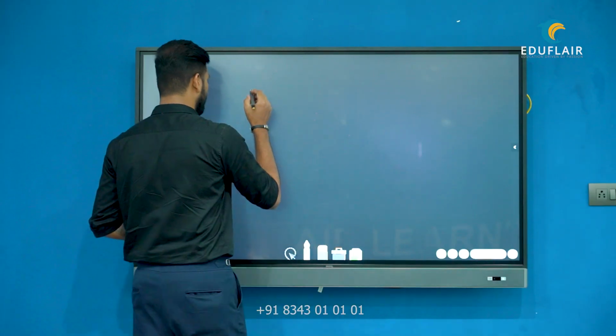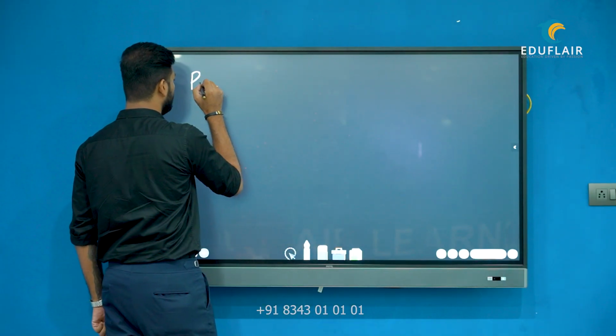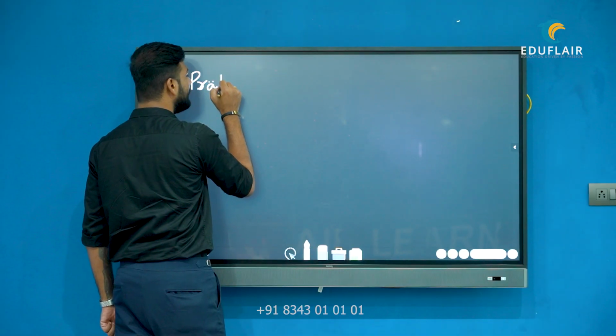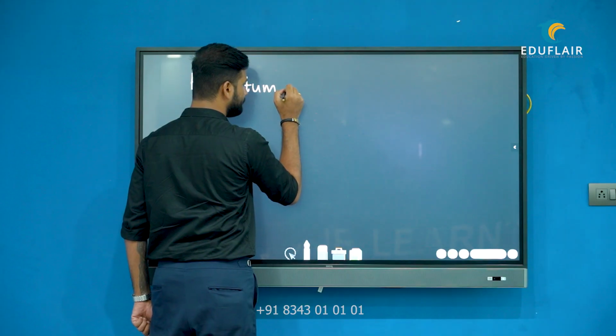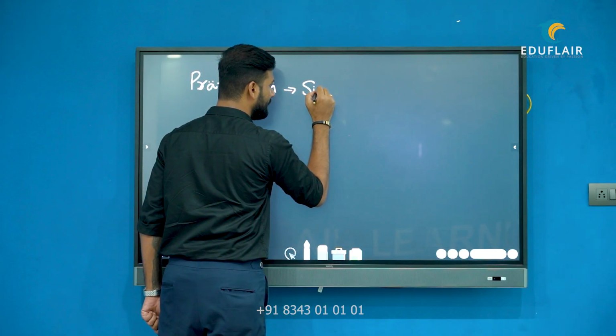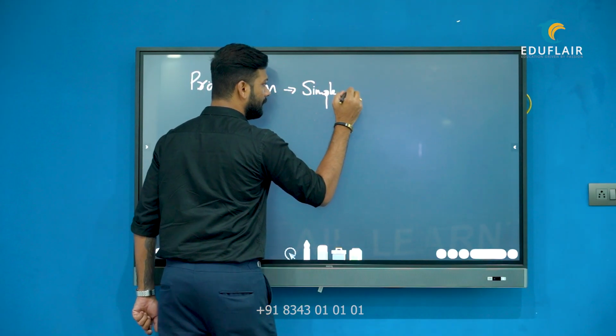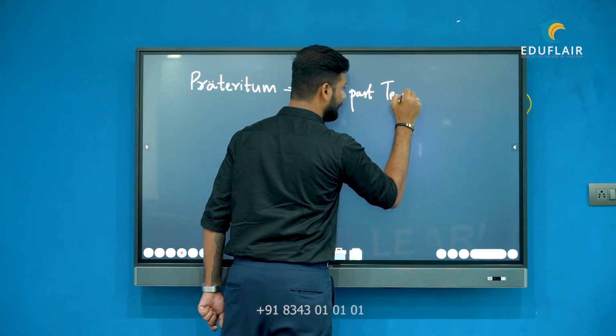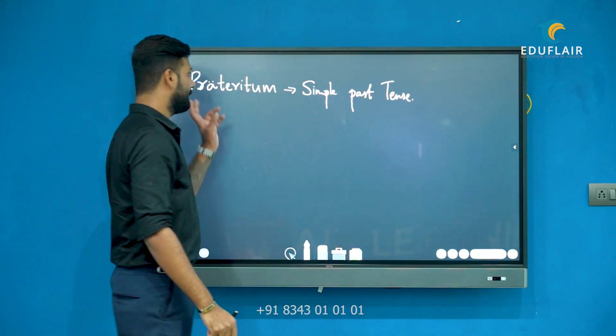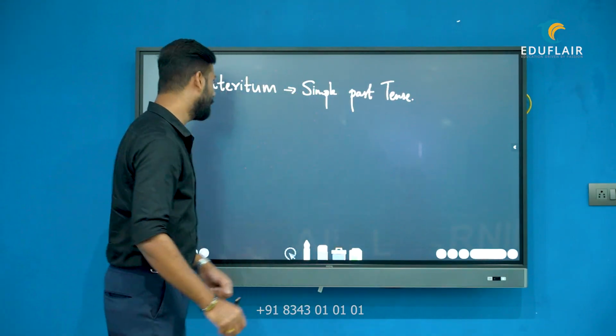Note it down. Clear? So the first thing is Präteritum. If you ask me, are there only these two? First, I'll write it down. Präteritum is simple past. Clear? Präteritum is simple past tense. And if you ask me, Präteritum le ee rendu verb maathre ullu, which is